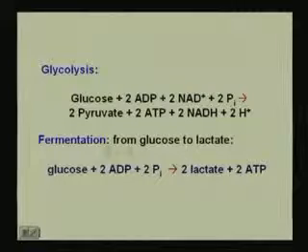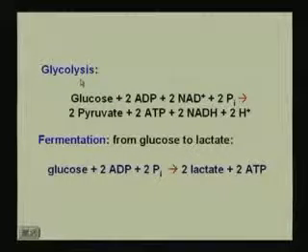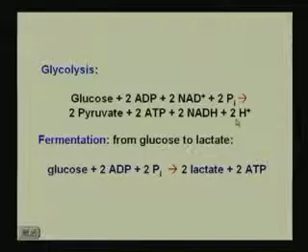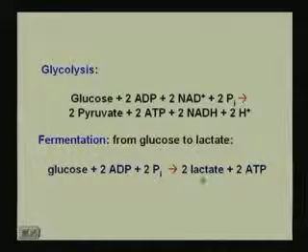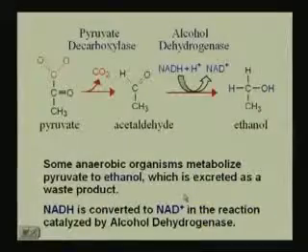So this is our final steps of glycolysis, where we have our glucose, 2 ADP, 2 NAD plus, and phosphate going to 2 pyruvate, 2 ATP, 2 NADH plus 2H plus. In the fermentation, instead of pyruvate we are going to get lactate. Okay, so we have the glucose that with 2 ADP plus 2 Pi will give us 2 lactate plus 2 ATP, because remember, when we are forming the pyruvate to the lactate, if we just go back a step,